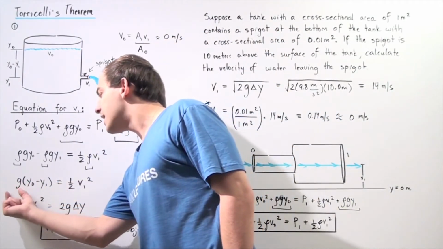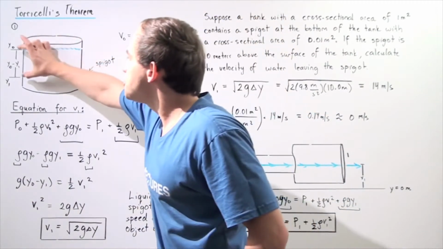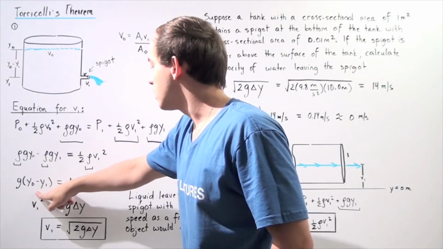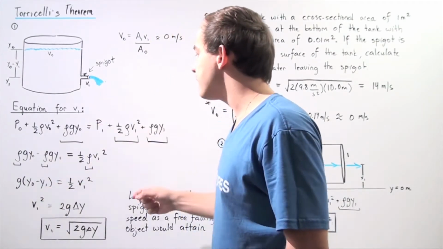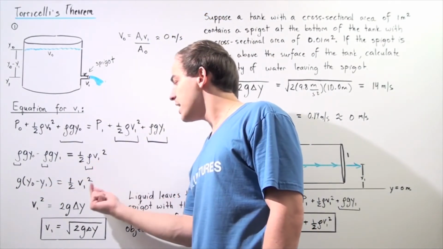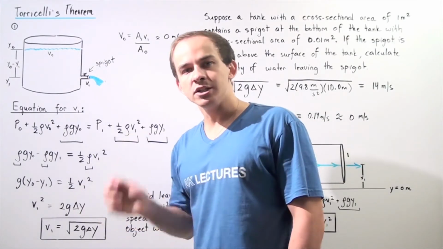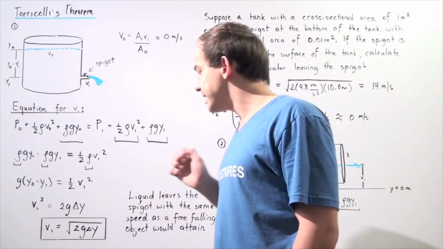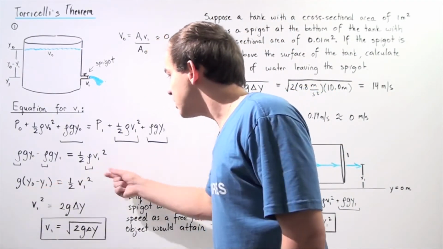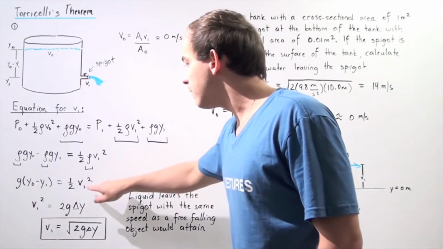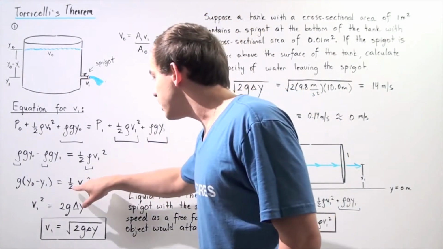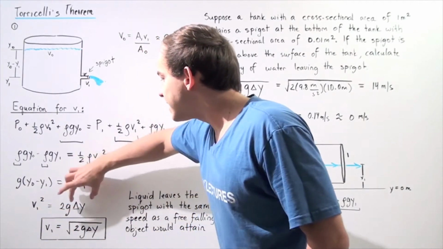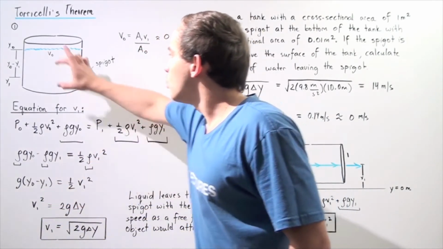Our gravitational constant multiplied by the change in our vertical distance between the spigot and the surface of our fluid is equal to 1/2 multiplied by V1 squared, where V1 is what we're looking for. We're looking for the velocity of the fluid in that spigot. So let's actually rearrange our equation and solve for V1. So we bring the 1/2 over, we get V1 squared is equal to 2g times the change in y, which is simply this